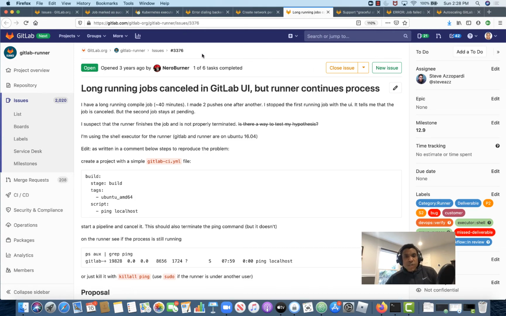The next issue I want to draw your attention to that we're working on in 12.9 is issue number 3376. This is actually a bug. It's the long-running jobs canceling the GitLab UI. Again, we've been working on this for the past few release milestones. However, as we're now starting to work on 12.9, we do have merge requests that are under review. So at this time, we're pretty confident we will finally be able to deliver a fix for this in the